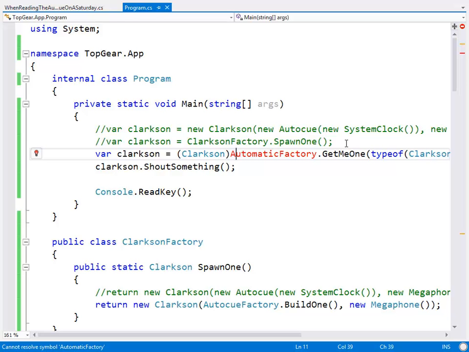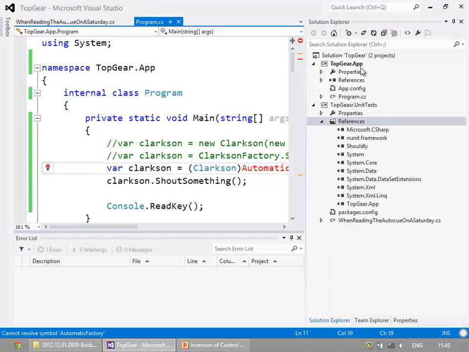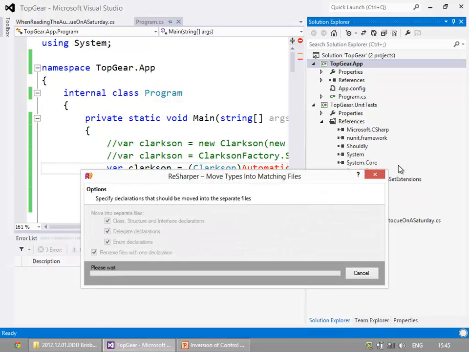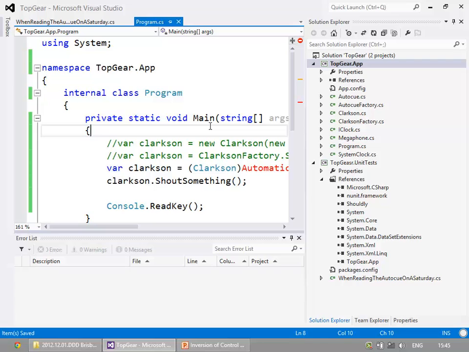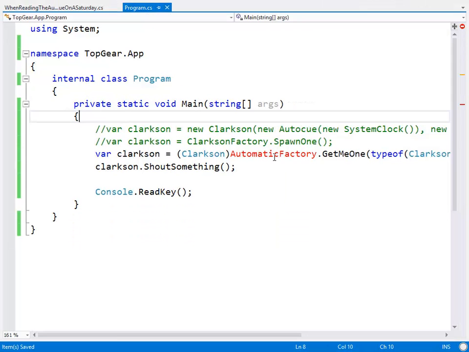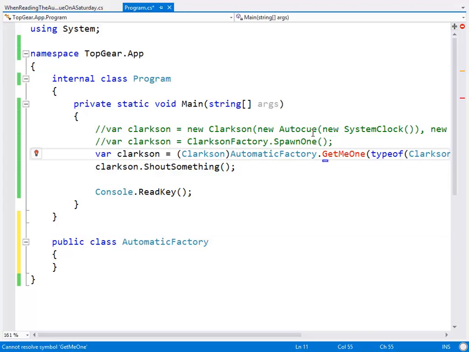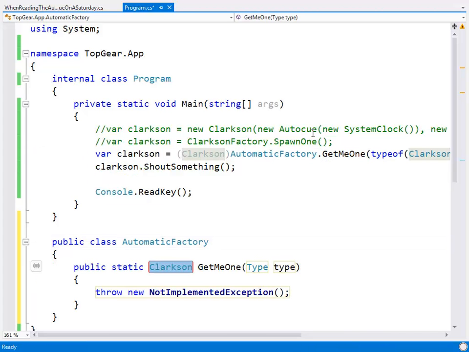Now at this point, I'm just going to extract all of the classes into their own files because this file's getting really messy. So let's just quickly refactor, shove off you lot. Cool, and now this is all nice and neat and tidy again. All right, so we're going to implement an automatic factory. Create a class there, make him public. Get me one, he's going to be a public static object. Get me one of type.